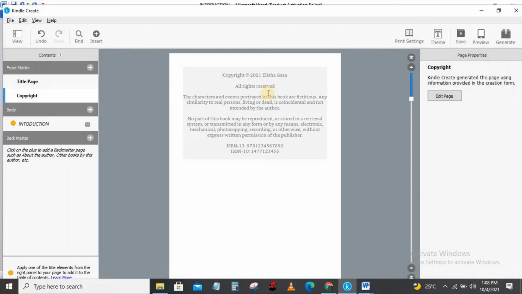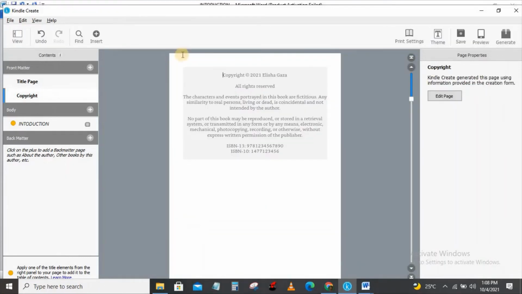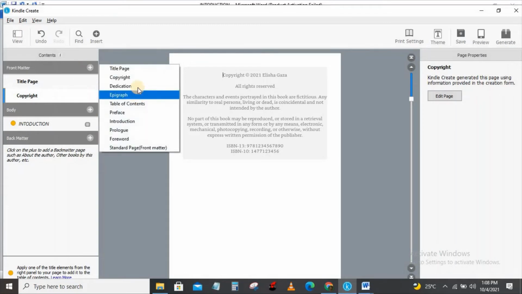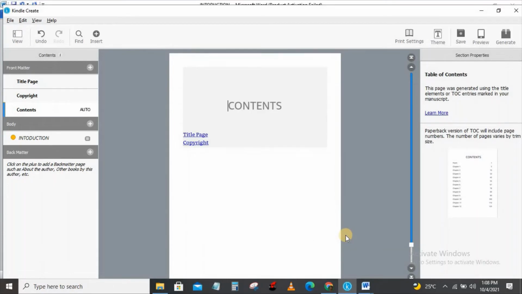If I want to edit this copyright or I want to add something, all I just need to do is go over to my right hand side and click on edit page. I will have access to be able to edit it. Same thing, you can add your dedication, your table of content. The table of content will be pulled out from your